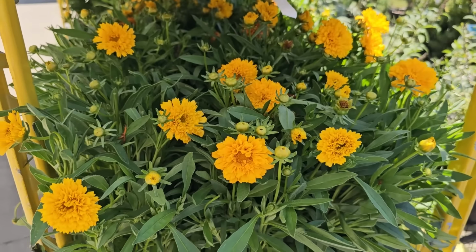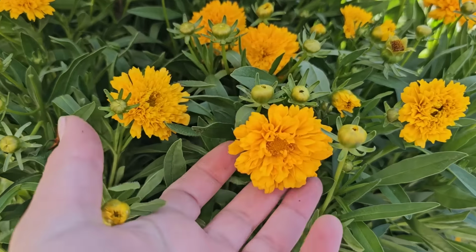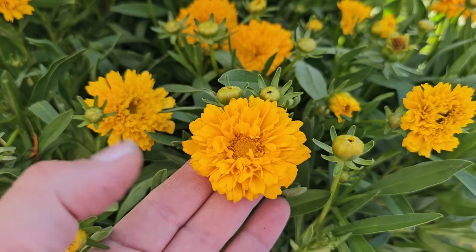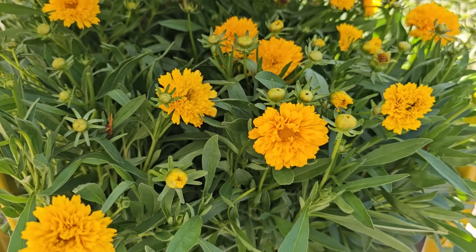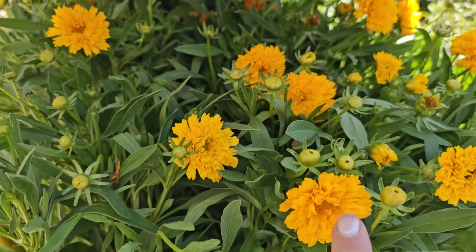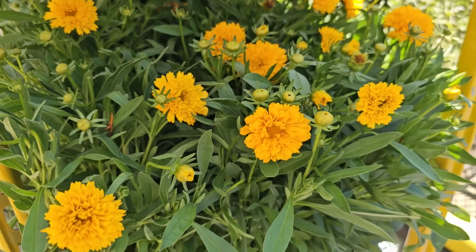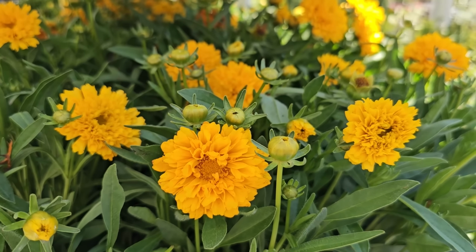And Coreopsis. Now this from far away looks like a marigold, but it's actually a frilly variety of Coreopsis. This is a very long blooming perennial for any garden. You can see that there are tons of buds on this plant. Some of the single petal varieties look very much like Cosmos, except that this is the perennial version. So this is a